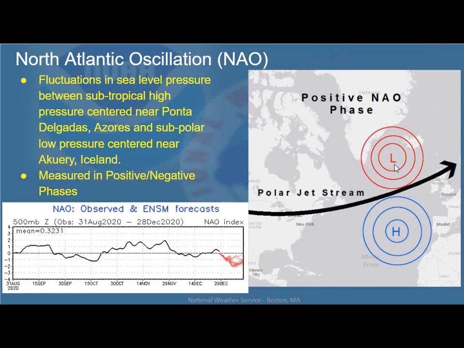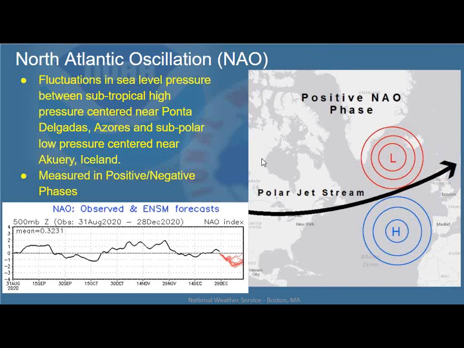And in this case, we have the subtropical high pressure over Azores, which is about 1,000 miles west of Portugal, and then you have the subpolar low pressure kind of near Iceland. So how this low pressure and high pressure interact with each other, their relative strengths, would determine whether the NAO